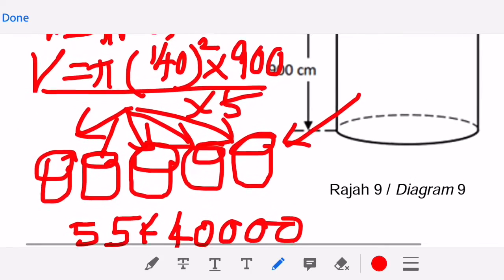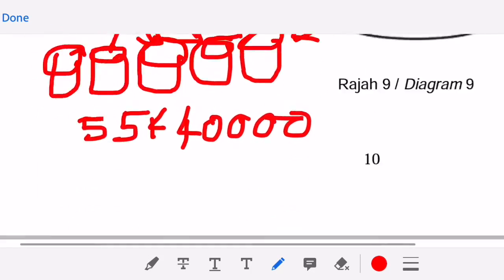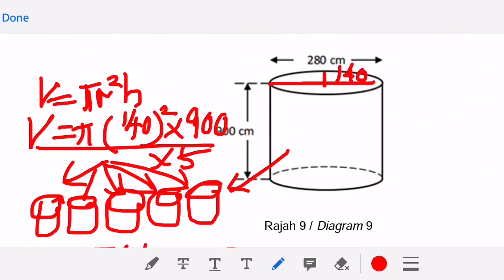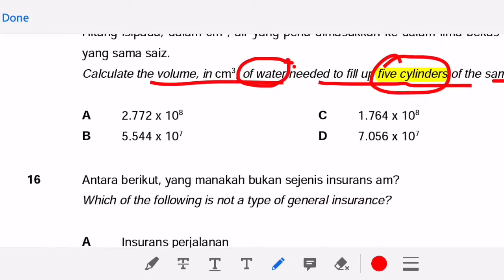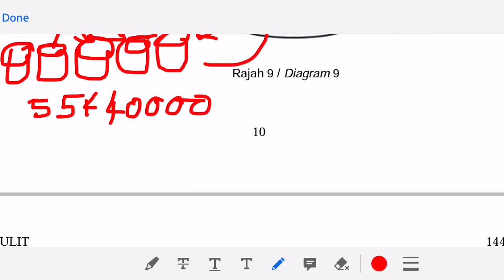Alright? Okay? Same size with this. Same size with this. So that means we need to times 5 for the answer. So we will have this answer just now. We times with the 5. So the answer is